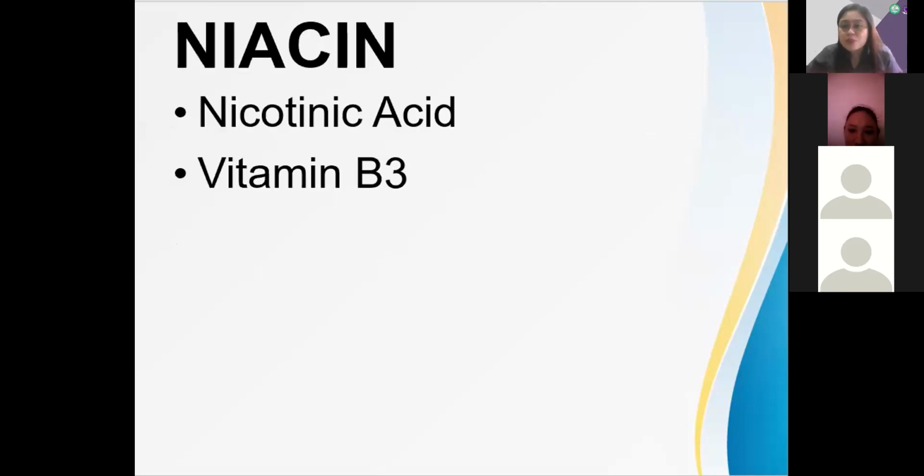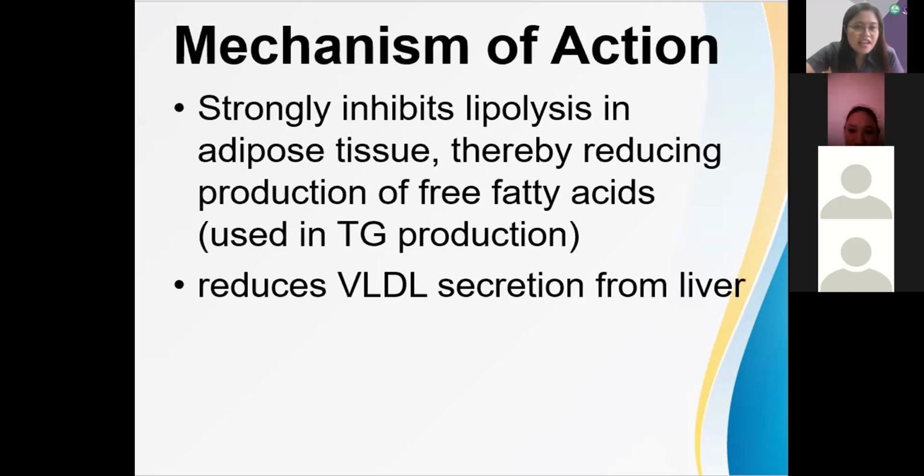And lastly, I think this one is the last one, the niacin. So, di ba tarana? Tarana is thiamine, riboflavin, and niacin. Niacin is actually vitamin B3. Our other name for this is nicotinic acid. So, vitamin B3 is actually a drug for our lipid disorders, and ang mechanism of action ni vitamin B3 is